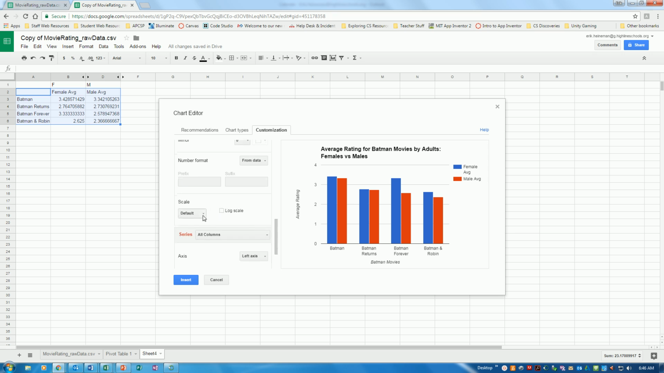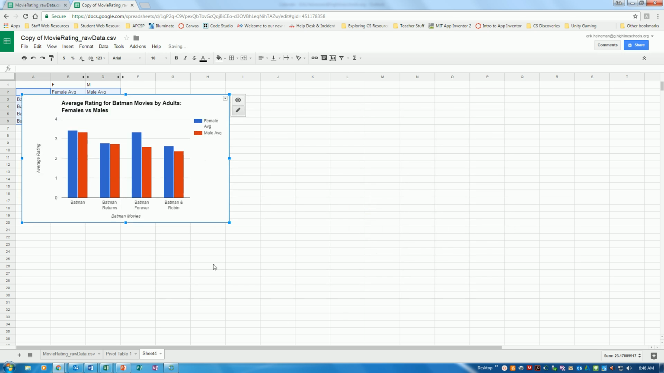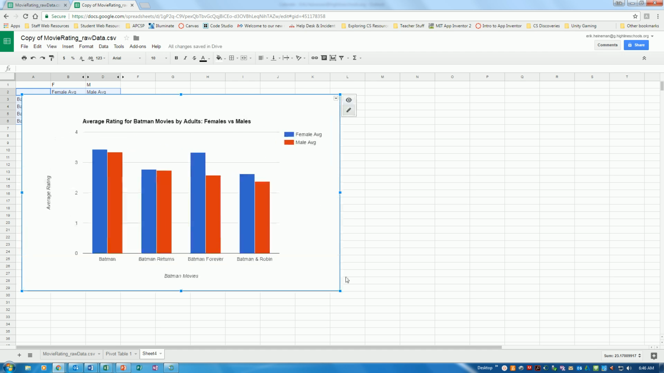And then we're ready to go. There's nothing else we need to do. We got a descriptive title, titles for both the axes. Axis starts at 0, we have an accurate legend. We can now insert the chart, and we can do things like